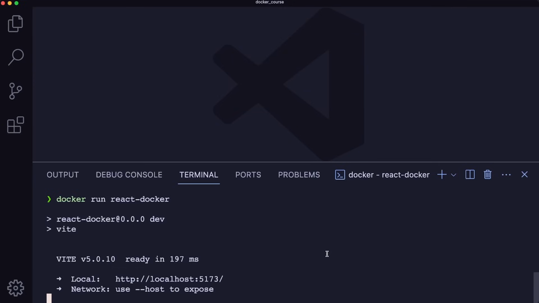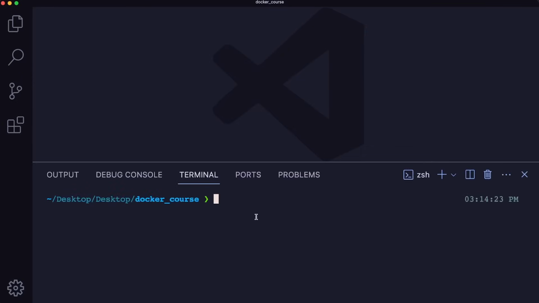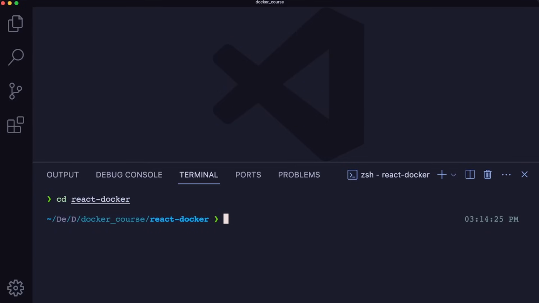It's a concept in Docker that allows us to map ports between the Docker container and the host machine. It's exactly what we want to do. So to do that, let's kill our entire terminal by pressing this trash icon, reopen it, re-navigate to react-docker, and let's run the same command, docker run, and then we're going to add a -p flag right here and say map 5173 in our container to 5173 on our host machine,